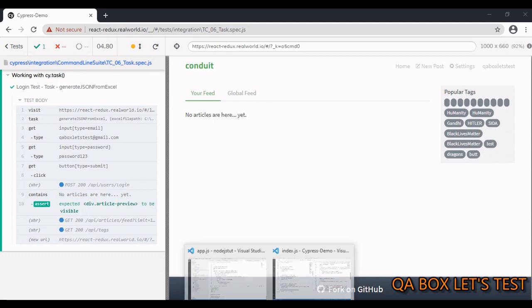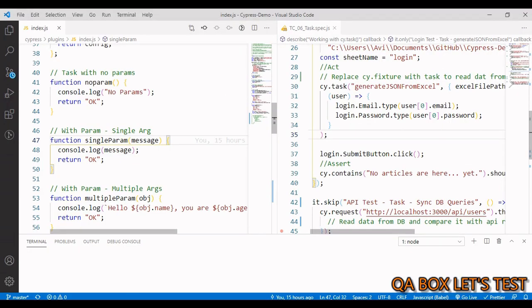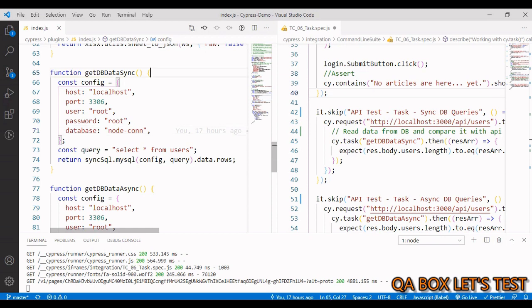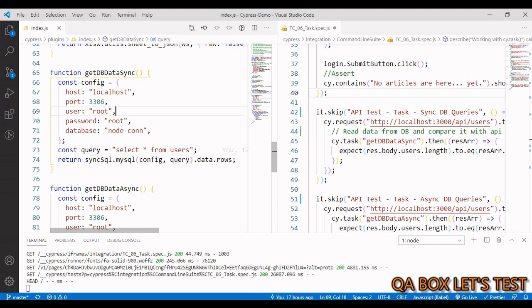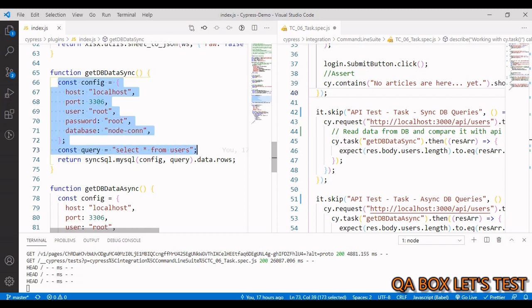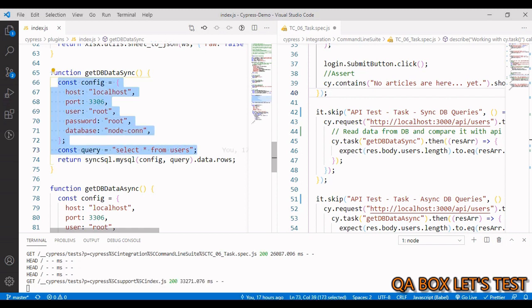Great. So now let us move to the database section. The first one in the list is get DB data sync. This is the configuration values that we require to connect with the database. This is the query that we have to write, and this is the logic to fetch the result set based on this query. In this particular case, I've kept both these values inside the function,